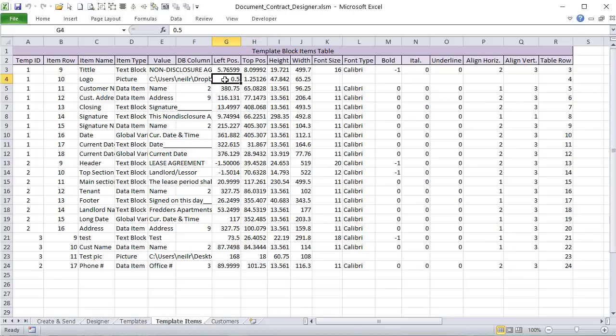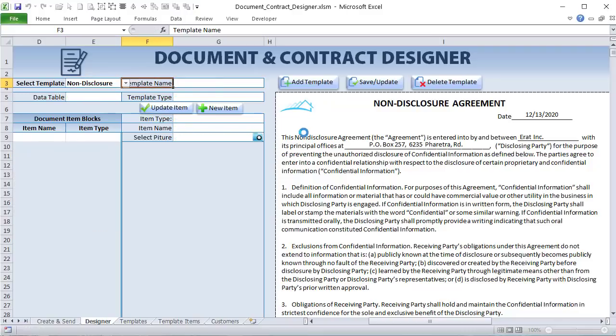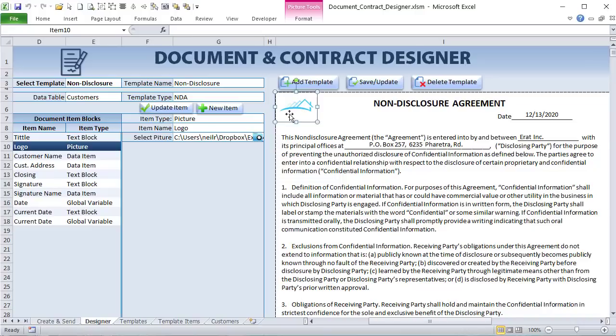If it was 0 and 0, it would be exactly on it. So if I change this value to 0 and 0, then it's going to be exactly on the top, right? So if I reload that just by double clicking here, reloading it, it's going to be positioned a little bit higher, a little bit to the left of that, just like that. So now it's right on it. Okay, so we see how we do that,